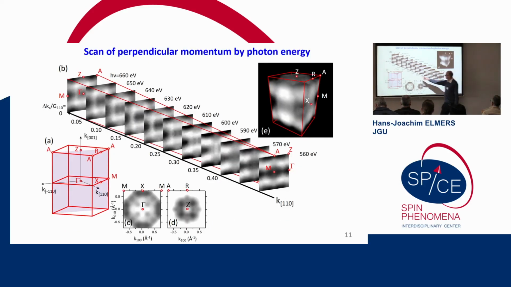So we can, of course, do more. We can vary the photon energy. With that, we vary the perpendicular momentum. So we can take constant energy maps at various photon energies corresponding to various normal momentum values. In the end, we have this Brillouin zone here. First I showed you results for this gray plane here. Now we move this plane of detection towards the gamma x direction, as what is here in the edge? The gamma m direction, in the perpendicular direction here. We can somehow map this together.